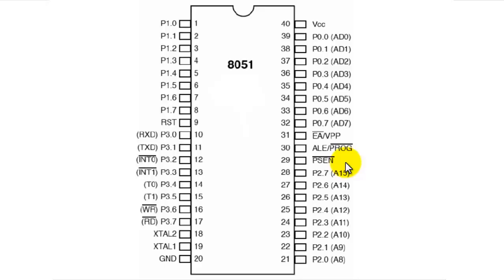Now we come to our last pin, that is pin number 40, which is the VCC. That means the 5V power supply should be given here. The most important ones here were pin number 40, which is the VCC supply, pin number 20, which is the ground, pins number 18 and 19, which are XTALs for crystal circuitry, and also pin number 31, which tells that the program is in the internal ROM. These are the main ones because they decide whether the microcontroller is functioning or not. The rest of them function if these are properly connected.